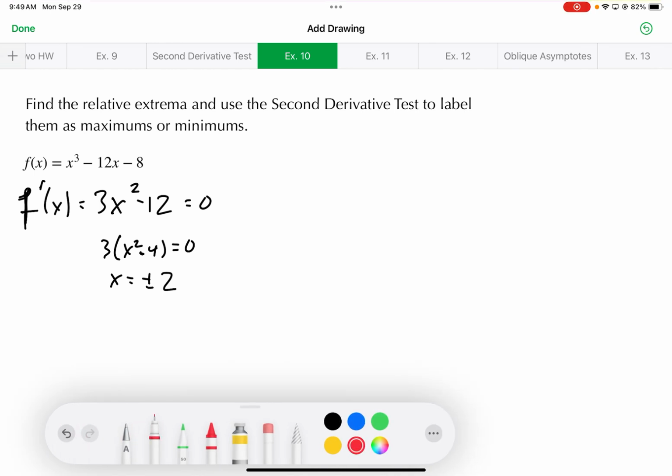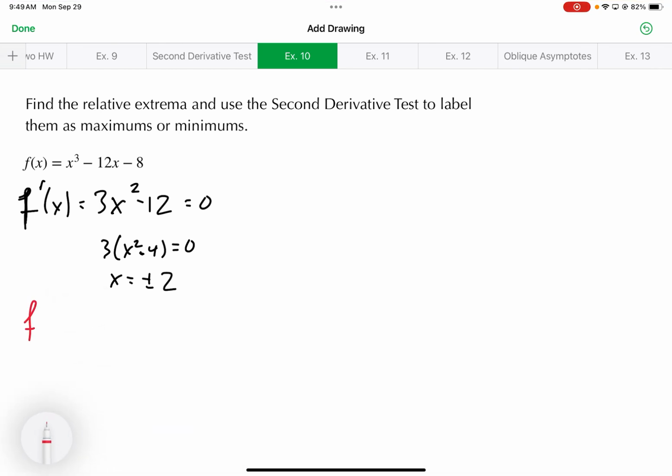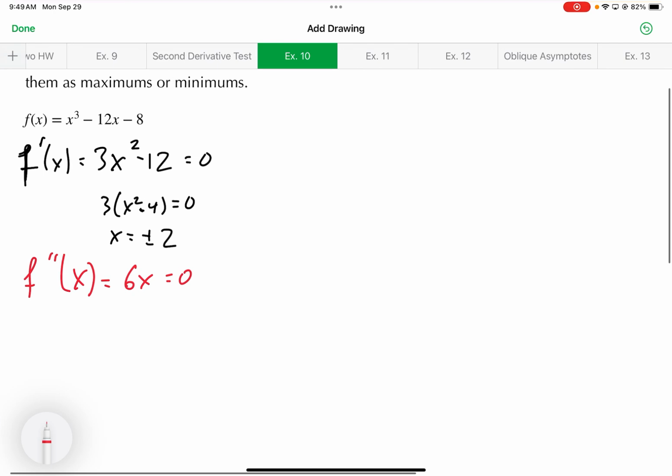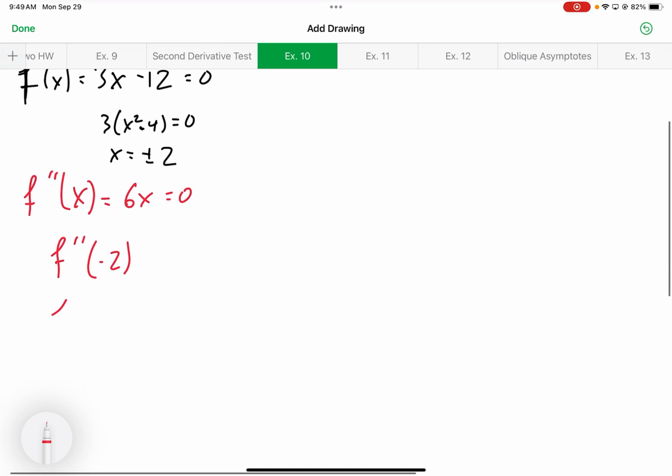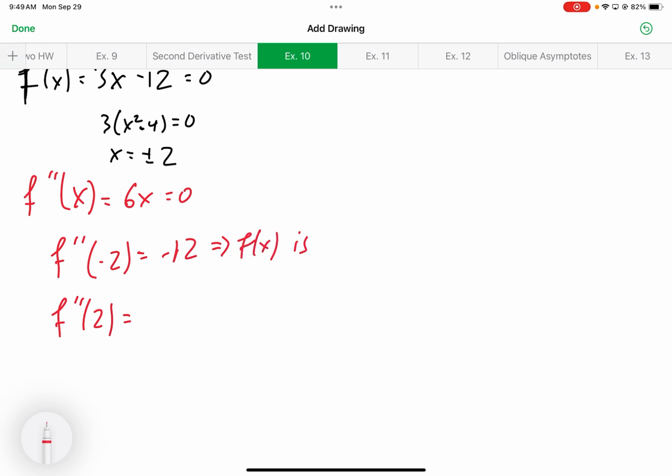Now I take my second derivative and I test those candidates in my second derivative, okay? So if I take my second derivative, I get 6x. And honestly, I can just do this. I don't even need to set up number line nonsense. I can just do f double prime of negative 2 and f double prime of positive 2, and then just see what sign we get. So if I plug in negative 2, I get negative 12, which implies f of x is